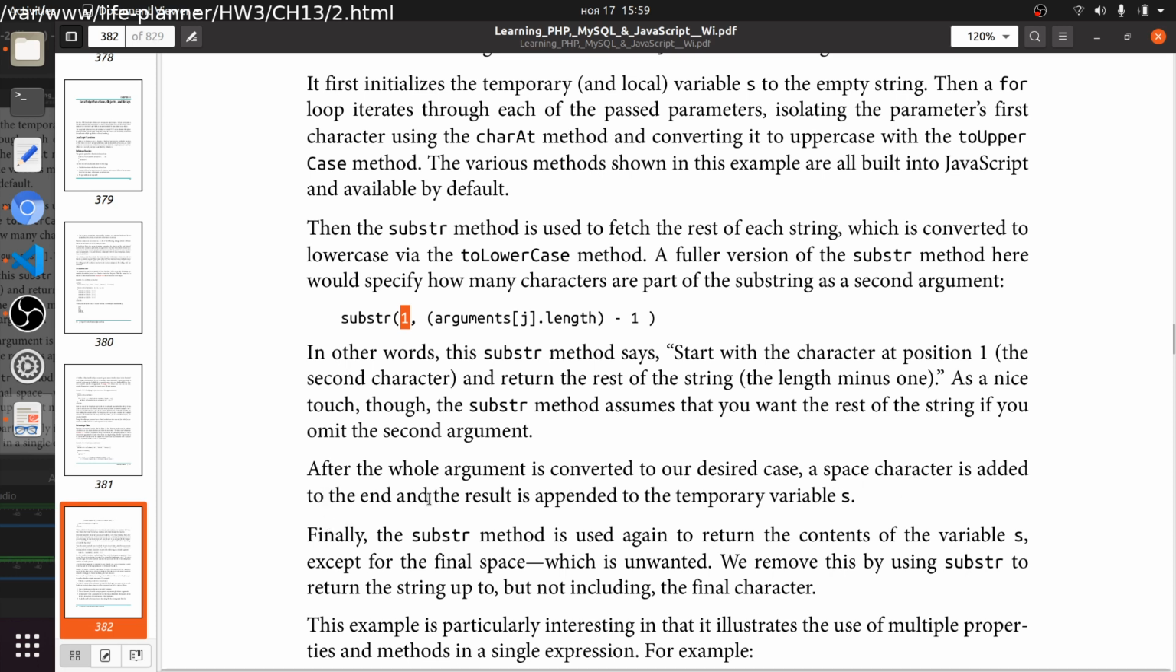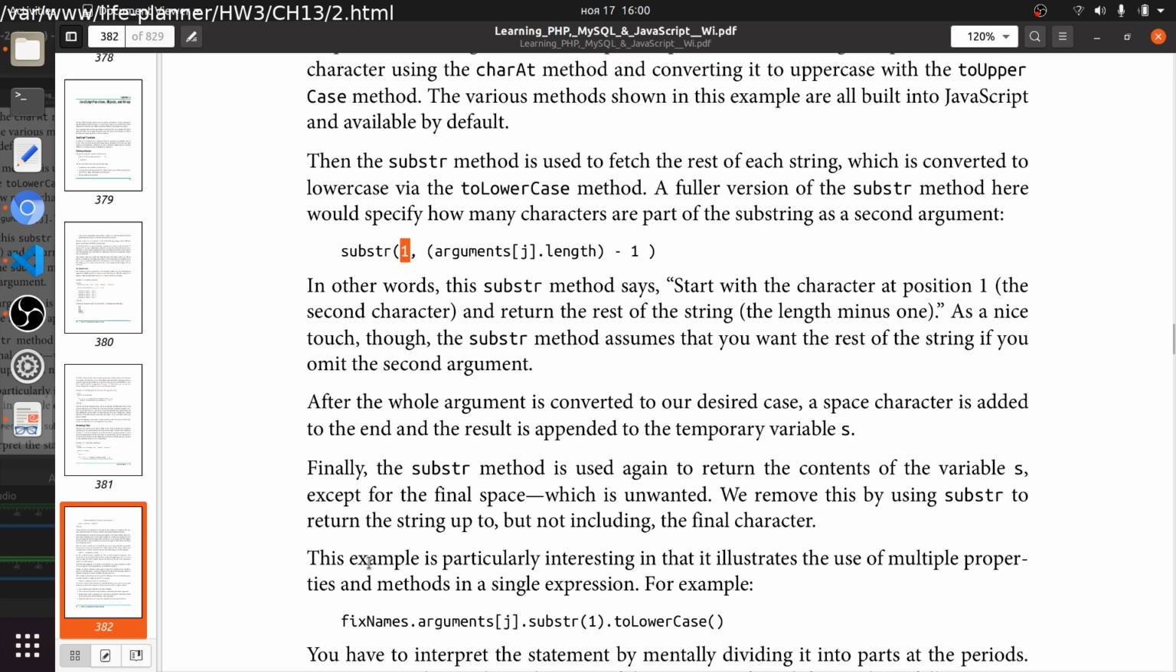and the result is appended to the temporary variable s. Finally, the substr method is used again to return the content of the variable s except for the final space, which is unwanted. We remove this by using substr to return the string up to but not including the final character. This example is particularly interesting in that it illustrates the use of multiple properties and methods in a single